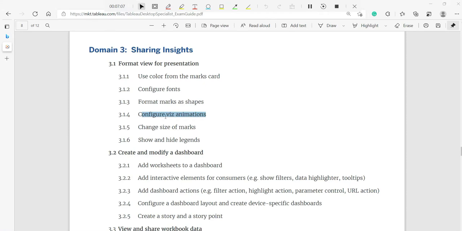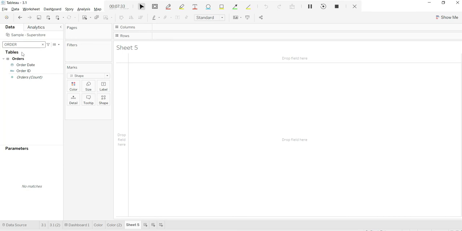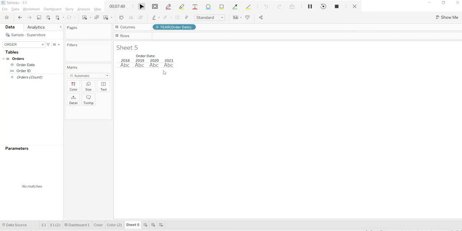You can also have a viz effect in your visualization, and how? Let us see. Now, configuring with animation can be fun, especially if you want to compare categories and how it is faring. For example, comparing SSC ranking of all the batsmen or of all the bowlers, right, across years. So let us try to replicate something like that. I come to this, so here maybe I can make use of order date, and I'll turn that to automatic. I don't want shape for now.